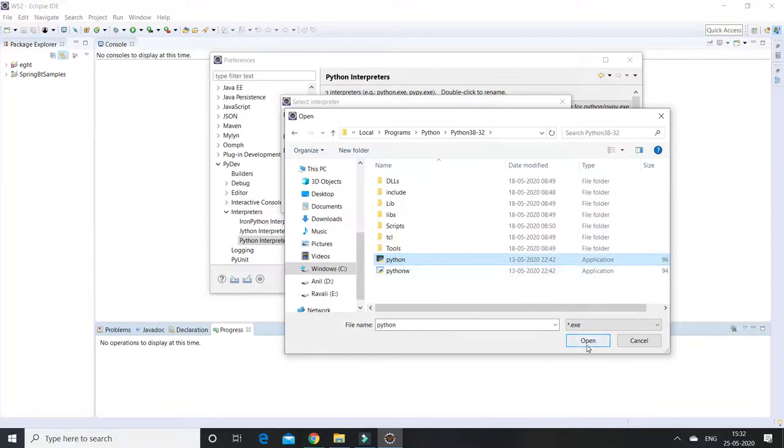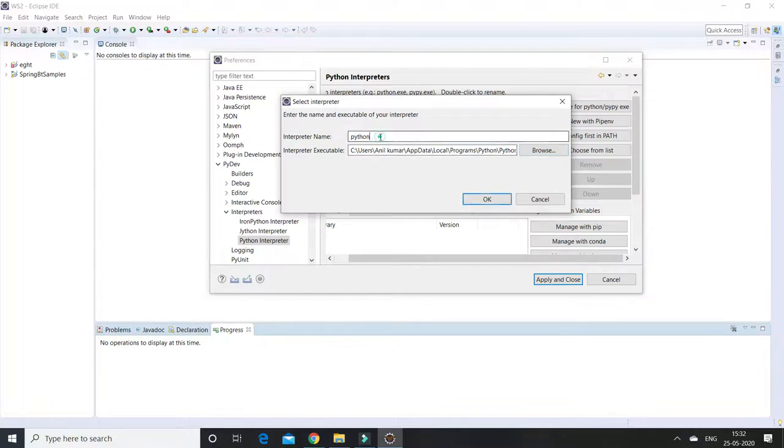Select this one. You can give any name, Python or Python. By default it is asking Python only, so I am not changing anything. Click on OK.